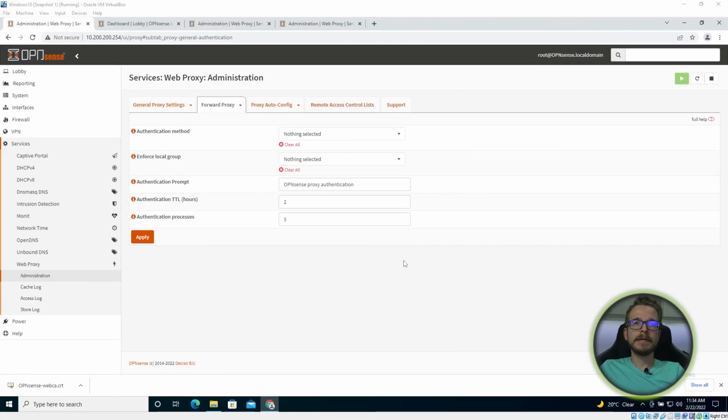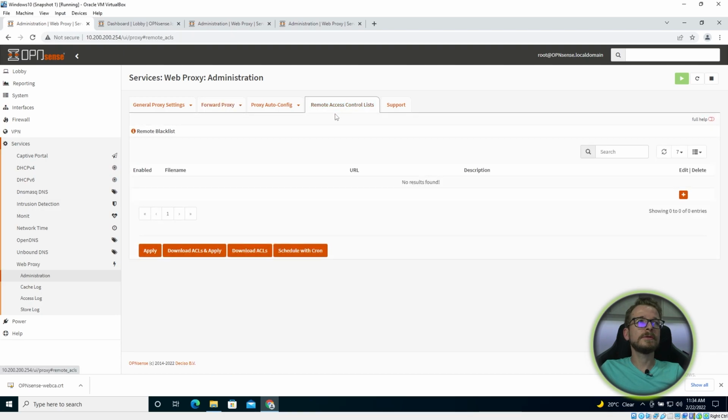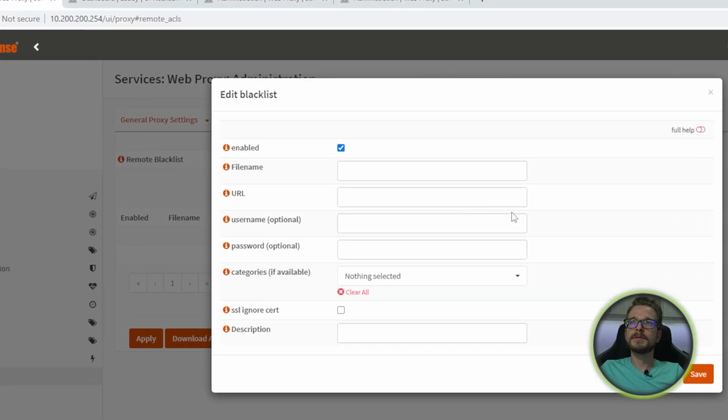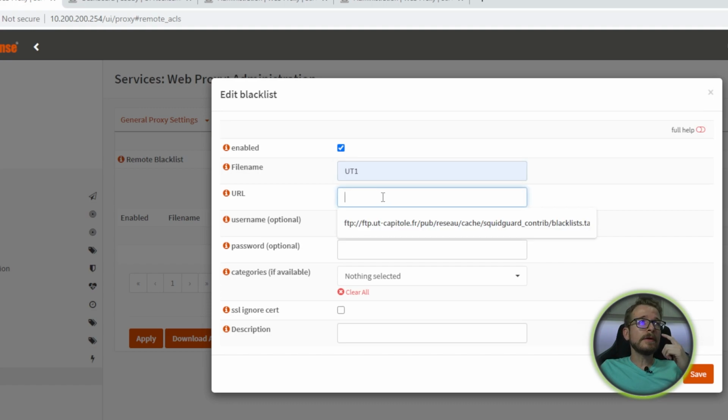Next step is we're going to head over to the remote access control lists, and we're going to hit the little add or plus button, and it's going to bring us a dialog box where we can input some information about a blacklist. So in this case, we're going to enable it. We're going to give it the file name as ut1. The URL that we're going to be using is from the University of Toulouse, and they have a department and people there that are updating this list that we